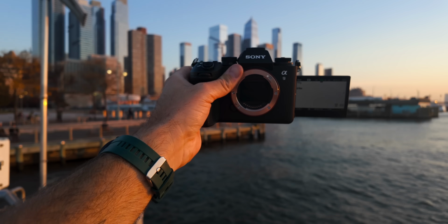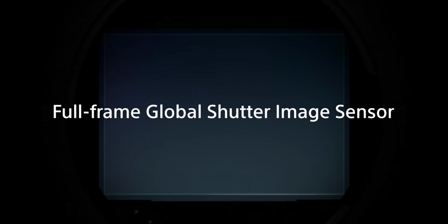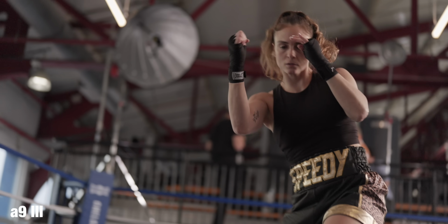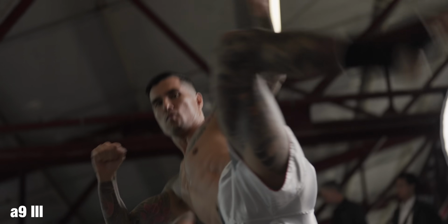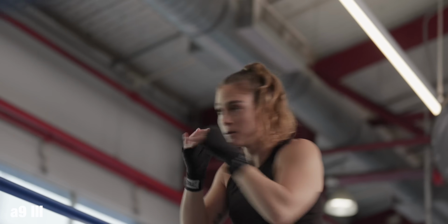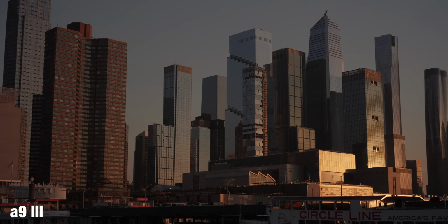This is the Sony A9 III, and Sony has packed a ton of features into this camera, and this is also the world's first full-frame global shutter in a small mirrorless body. So in this video, I want to go through some of the features that are the most exciting about this camera, and also how this camera stacks up for a video shooter, because this has a lot of features that